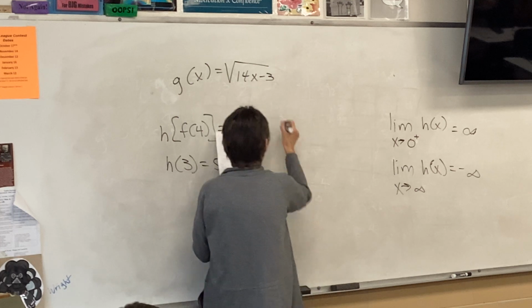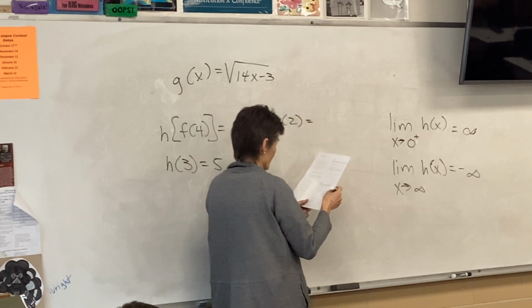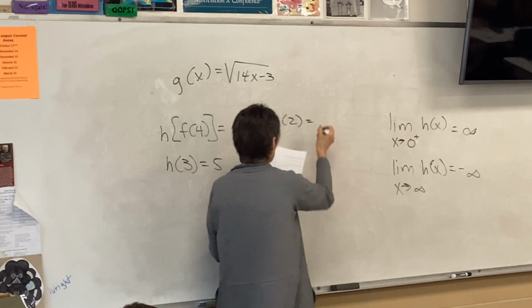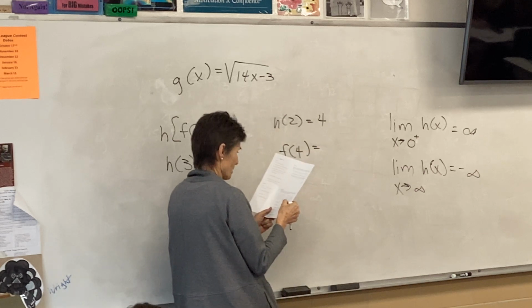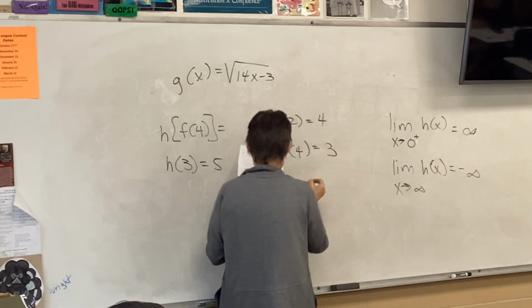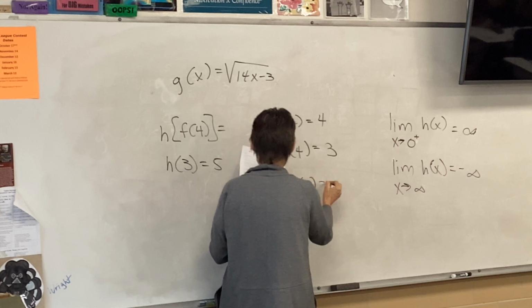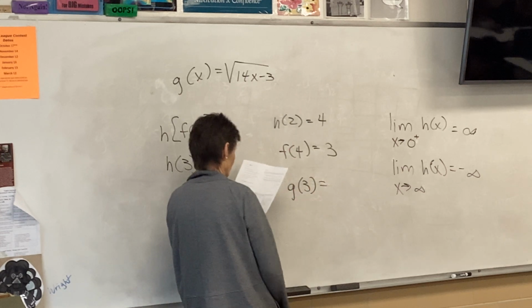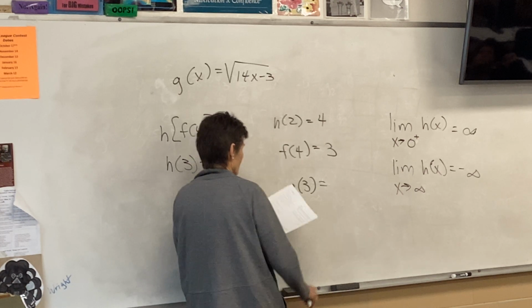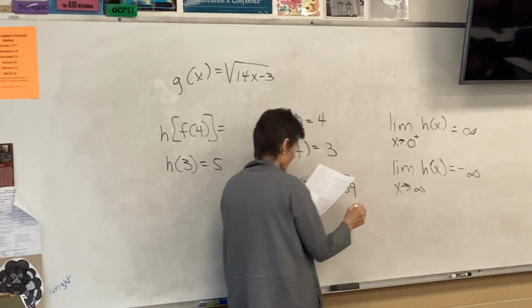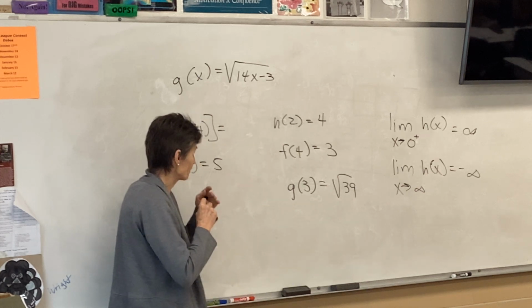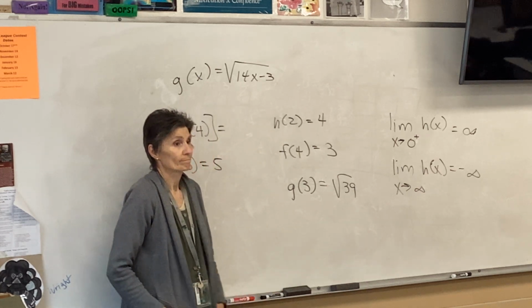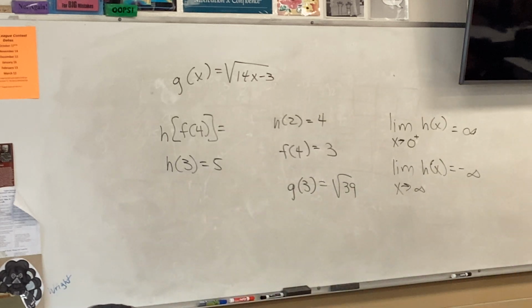No? What's H of 2? H of 2 is 4. And then F of 4 is 3. And then G of 3 is root 39. Did I do that right? Yeah, I don't think that's a challenge anyhow, but there it is. Anybody have any question about that? All right, you are golden. Good job. Little quiz